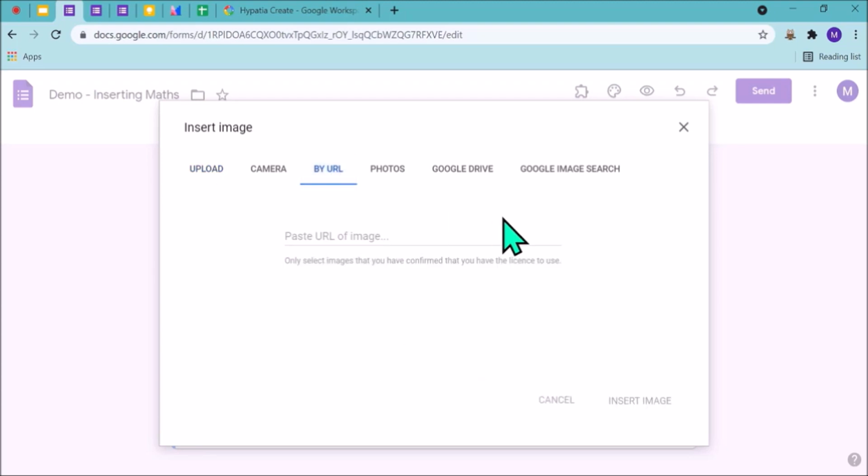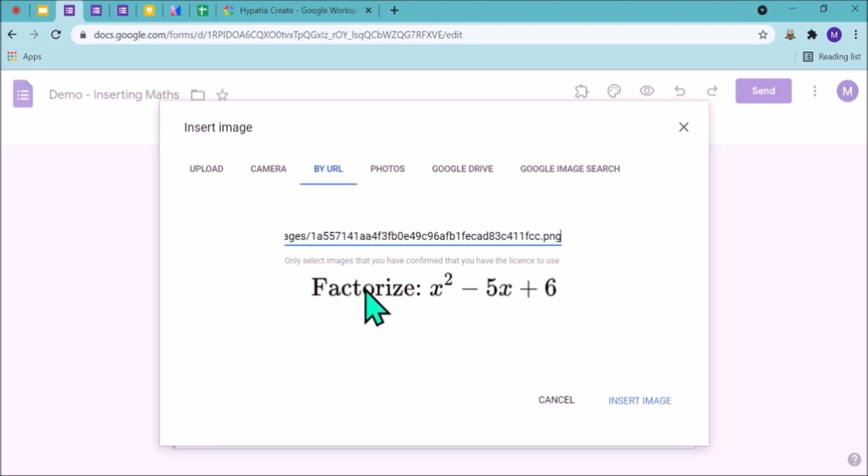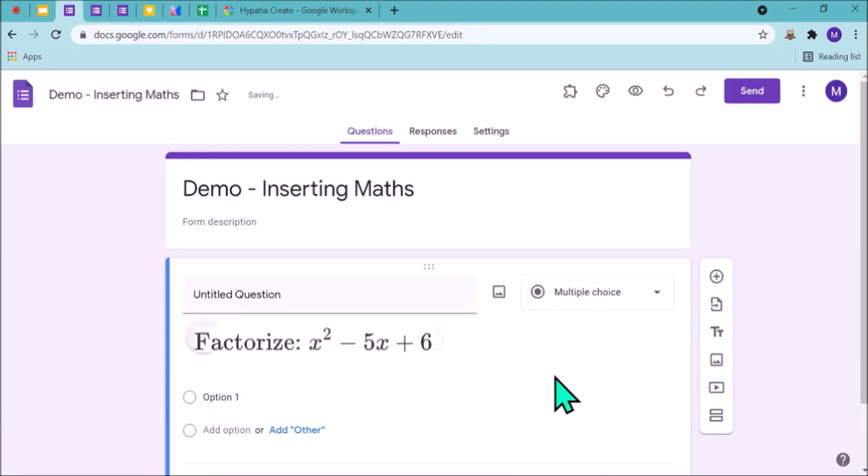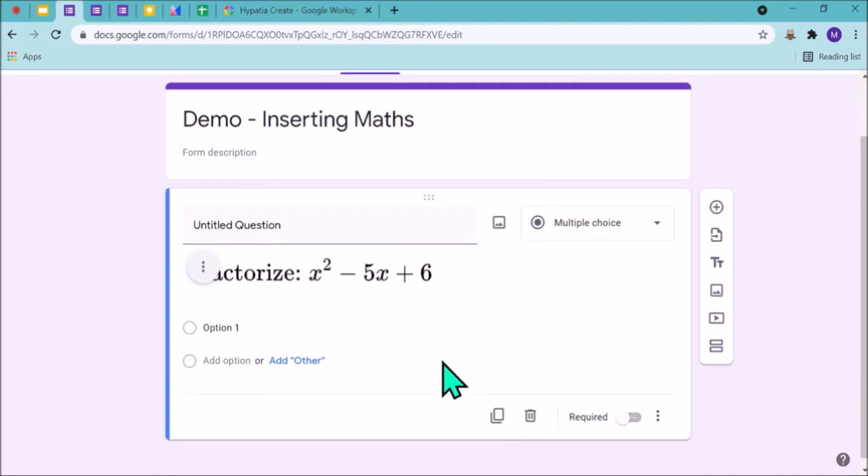Most of you might have worked on CodeCogs. It works very much like that. But in CodeCogs, we go to some other web page, while here it is on the same page. Hypatia will be on the same page. We paste that link here, and this is the image. We insert this image, and it is right here now. I think it is very simple to understand.